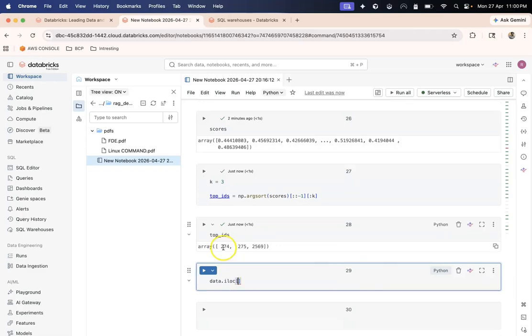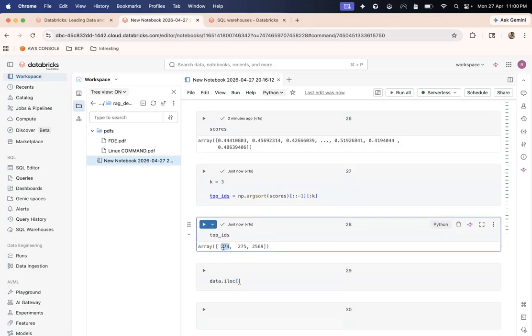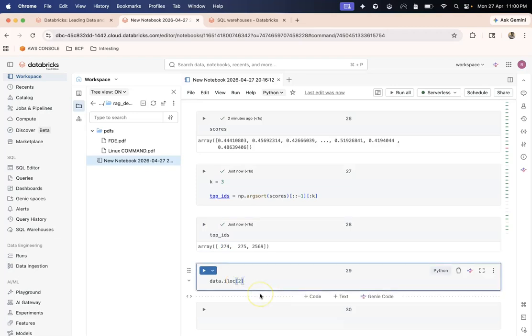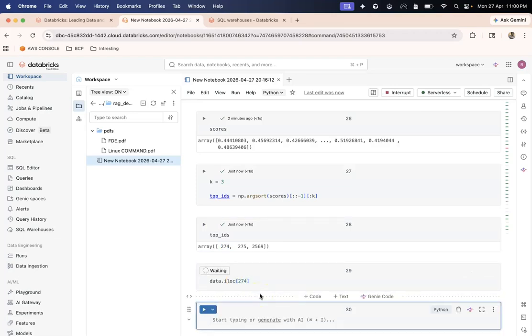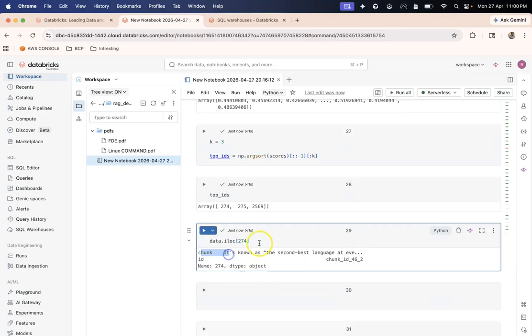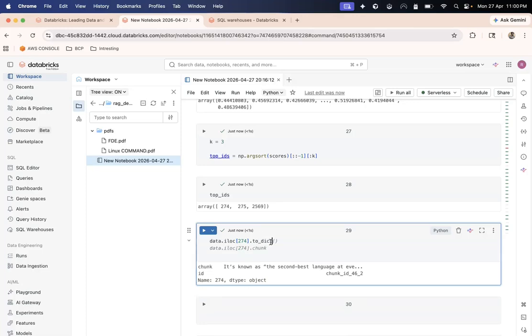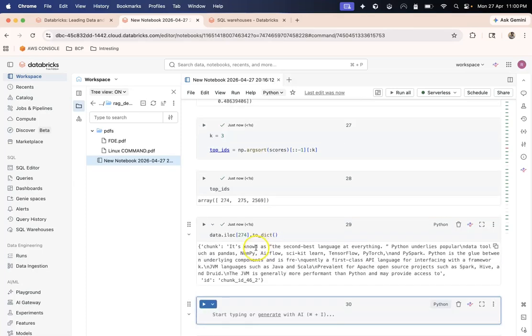Now which index? I have to take the index 274. Let's run this. What do we get? We get this. Okay, it's known as the second best language. Now can I convert this into a dictionary? Let's see. Why am I showing you this? Yeah, I can convert it into a dictionary.